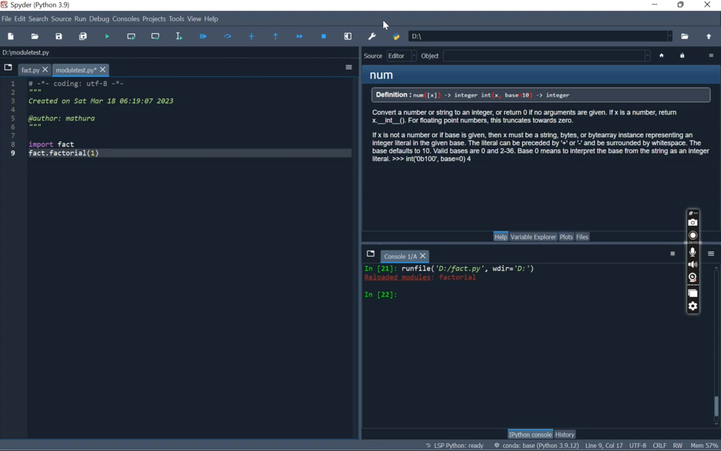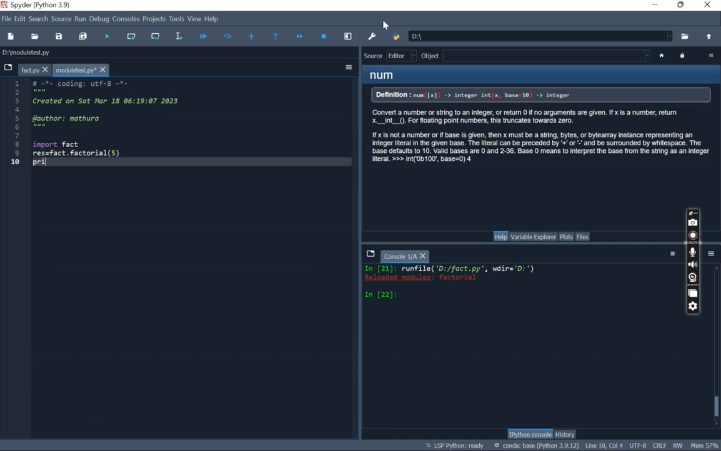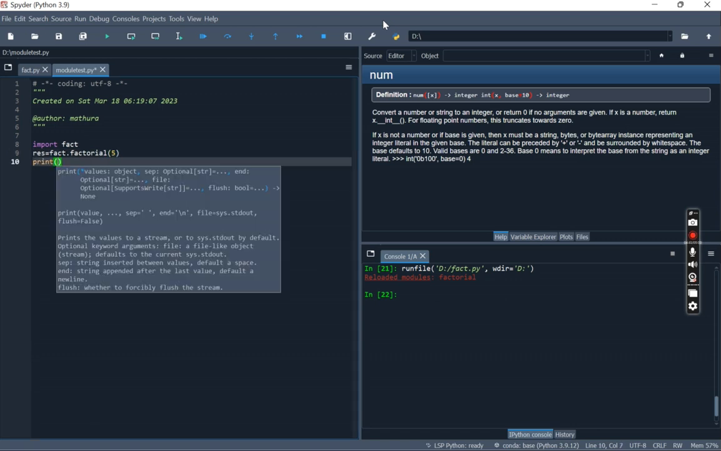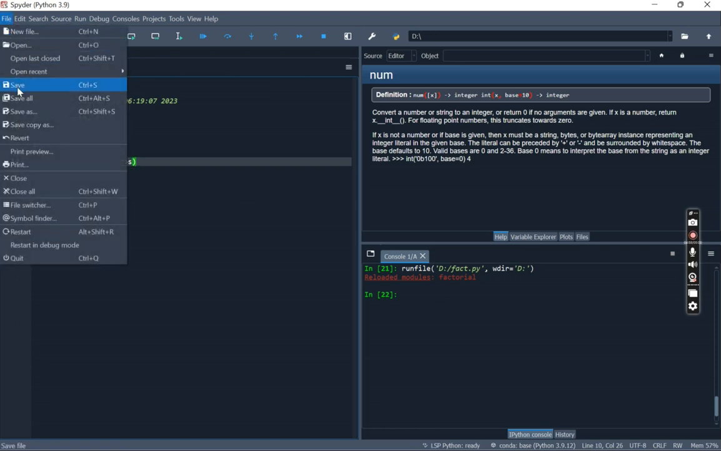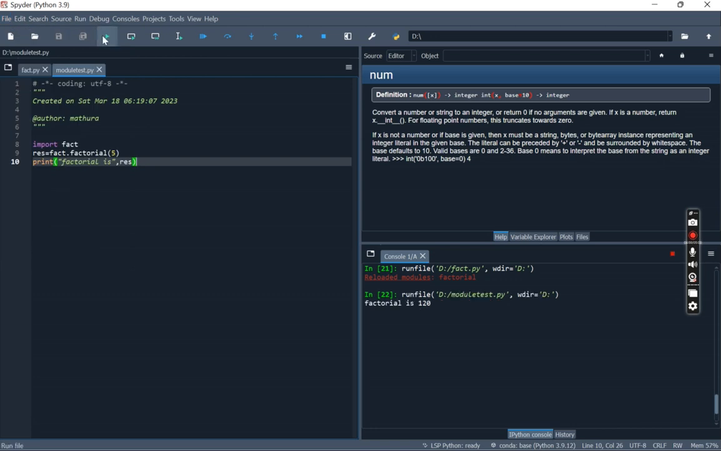So if I give something like 10, since the 10 is already there as a default value, we'll give 5. And this function is returning a value. So let me store that result in a variable called res and print the result here. So print factorial is res. So here we have imported one of the functions defined in the fact module, that is factorial. Let me save this, run this, and see factorial of